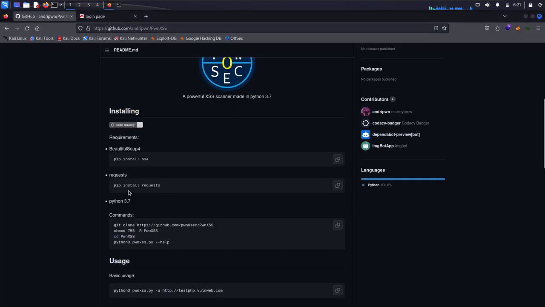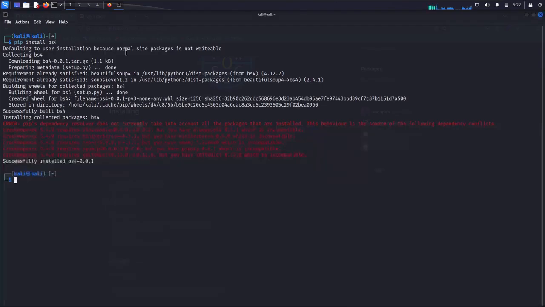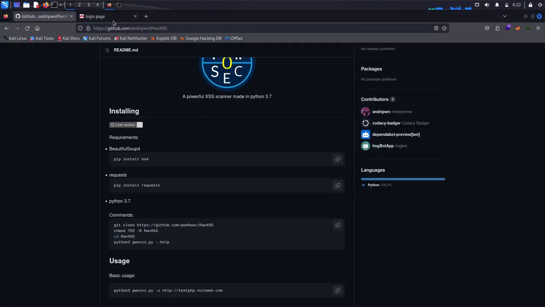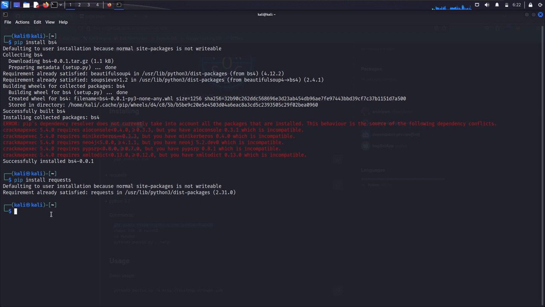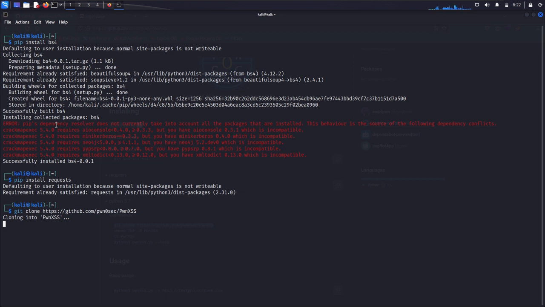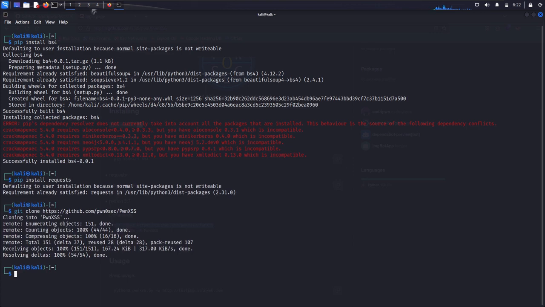We're going to just follow through the process, and then we are supposed to install requests. So we'll copy it again, come back to our terminal. While that is finishing, we're supposed to get it with a git clone, and then we'll come back to the terminal. Please follow me through this process. This is an absolute beginner friendly way of teaching. I believe there are a lot of absolute beginners who want to get into pen testing, so this is a great process I am going through. I could just copy everything and paste at once, but I want you to see how it is done